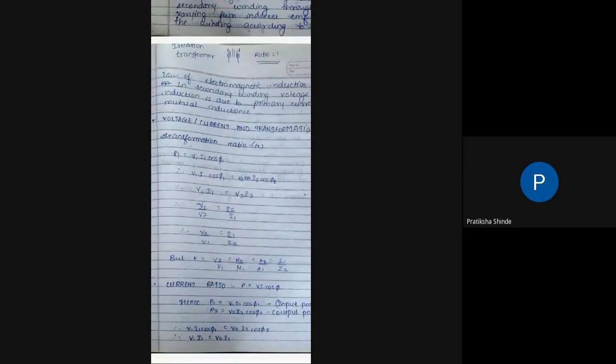So what is the current ratio? Take P is equal to VI cos phi. Again, input power and output power are V1 I1 cos phi 1 and V2 I2 cos phi 2. Similarly, we compare both equations, and what you will get is I1 upon I2 is equal to V2 upon V1 is equal to K. There are two to three equations for the voltage equation, current equation, and